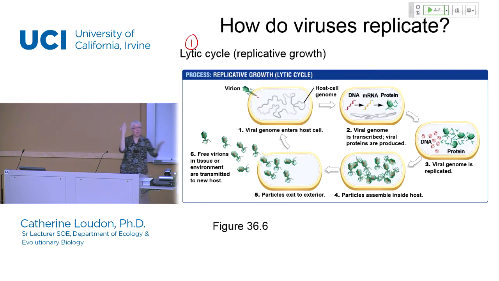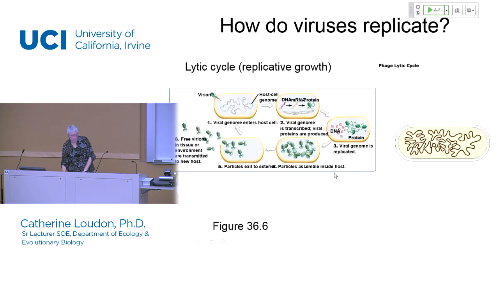So first the virus has to actually reach the cell, and then when it reaches the cell, the very first step is that the nucleic acids have to enter the host cell. There are a couple of different mechanisms for this. I'm going to shrink this down and move it to the side so that you can see this simultaneously in sort of more of an animated form on the right as we consider this. So I'll go ahead and start up this animation.